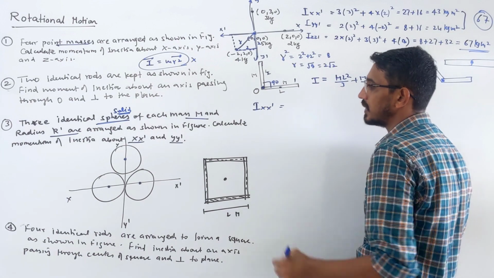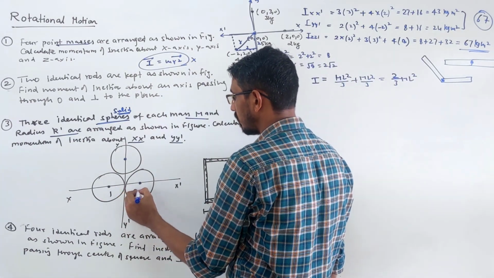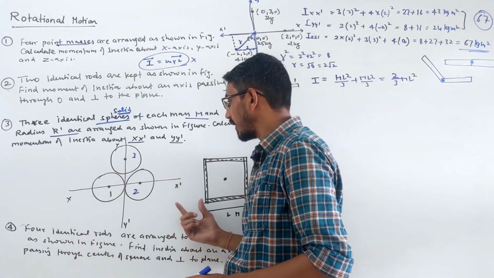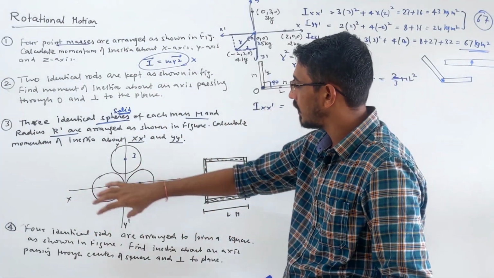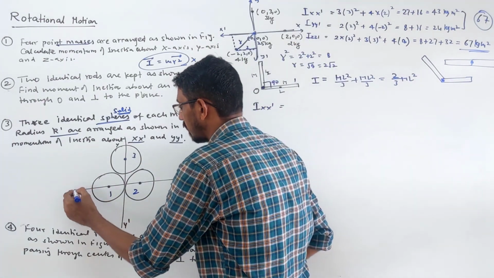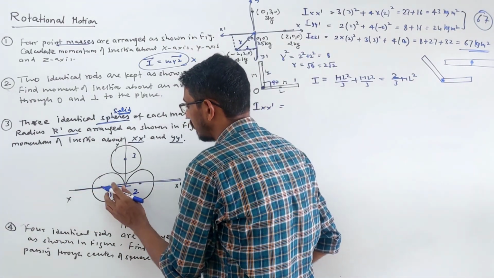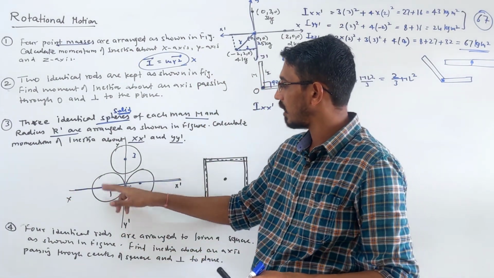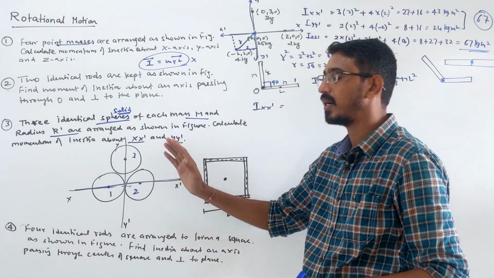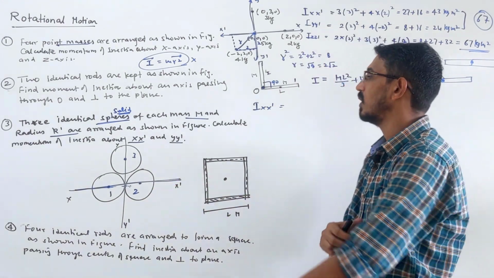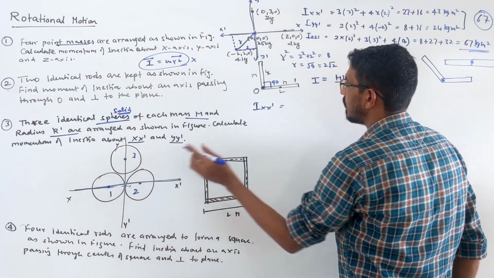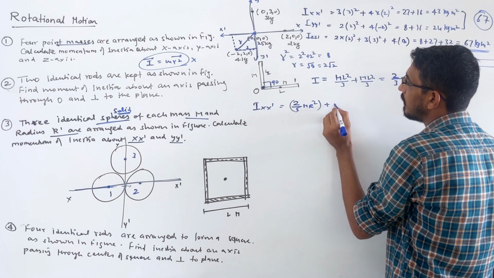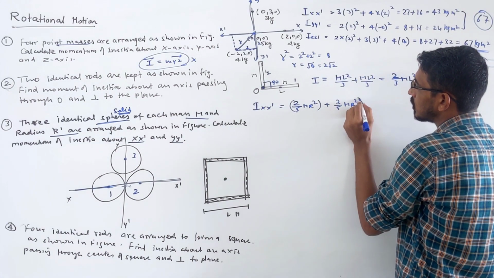We want to find the inertia. Let's give some names to the spheres: sphere number 1, sphere number 2, sphere number 3. Now, about the x axis we are talking, they are rotating about the x axis. So how is sphere number 1 rotating? This axis is simply the diameter of the sphere. This sphere is rotating about its diameter, and this sphere also is rotating about its diameter, right? No problem. So what is the inertia due to this solid sphere? It becomes 2 by 5 mr square for sphere number 1, plus for the second sphere 2 by 5 mr square.